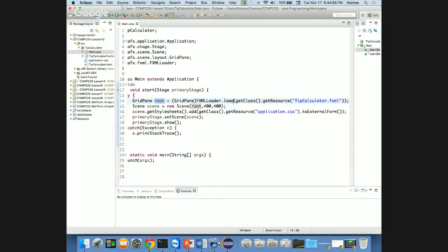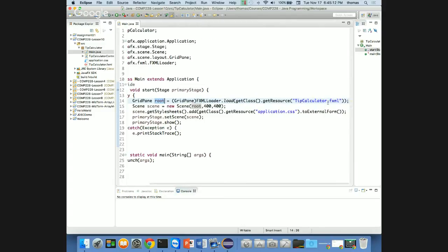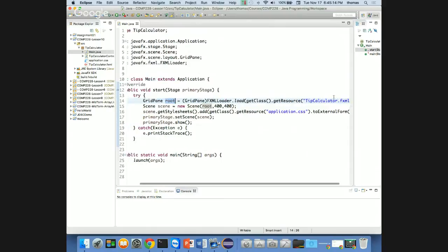And again, if you notice, it says FXMLLoader load, and then we use the getClass method to get the class, and getResource tipCalculator.fxml. We're going to move this around eventually, but for now, it takes this tip calculator FXML, which is an XML